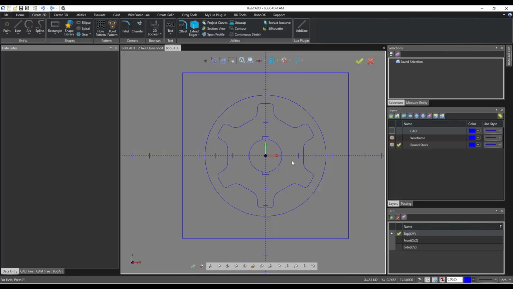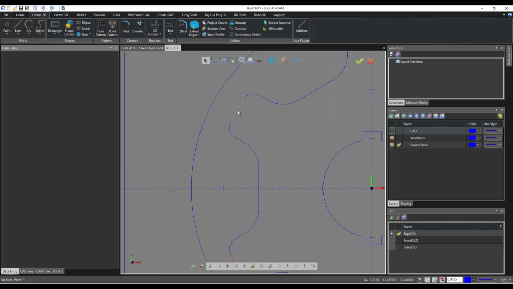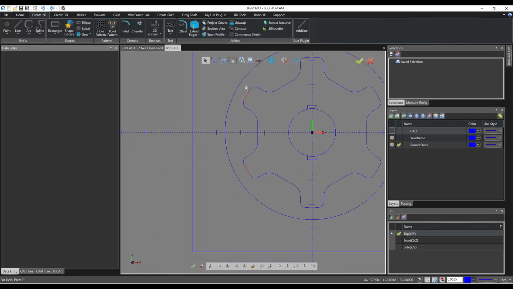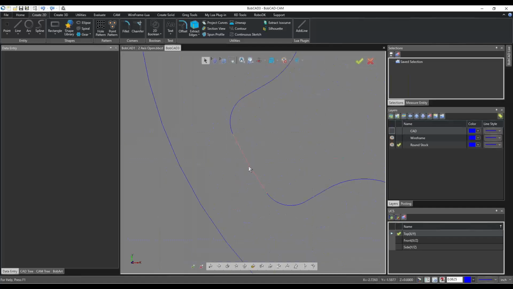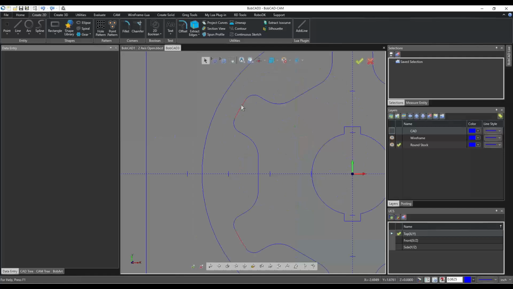What I want to do first is start by doing, for instance, from here to here, just this little piece right here. When I hover my mouse over this entity, you can see that's one arc, and that's another arc. I want to start in the center of this arc, go all the way out to the end, and the center of this one, and lead out. So basically what we need to do is